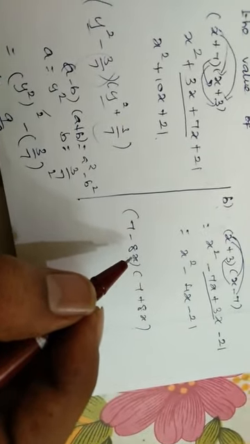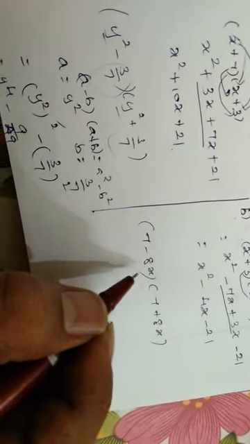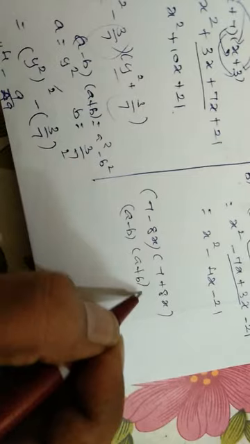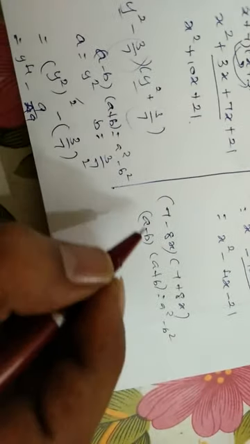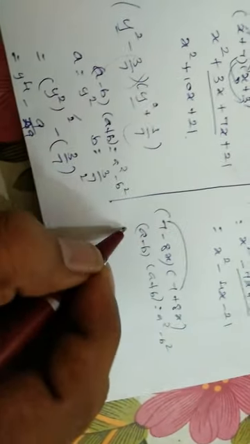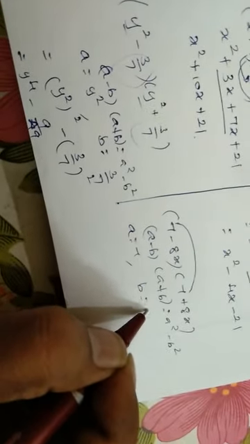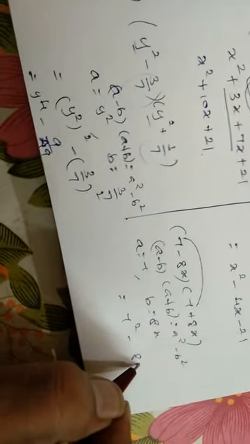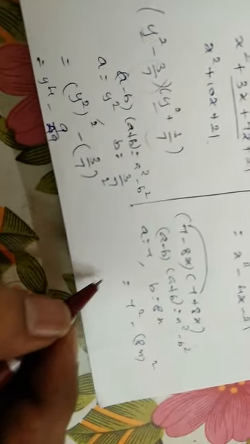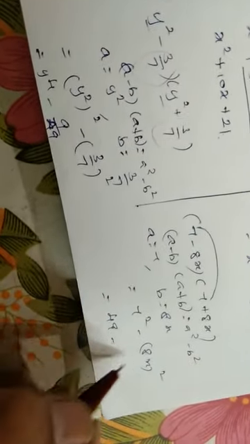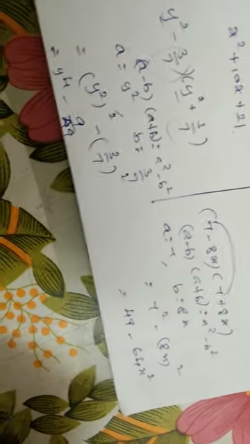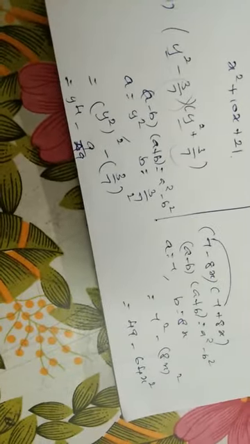Similarly, here you are going to think about why it's x in the second one. Anyway, you are going to use the same identity, (a − b)(a + b) equals a square minus b square. So here a equals 7 and b equals 8x. So automatically 7 square minus (8x) the whole square. So 7 squared is 49 minus 8 squared, 64, x the whole square, that is x square. Like that, do this problem.